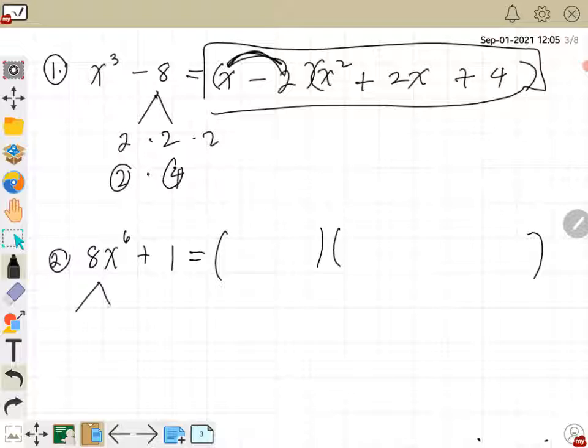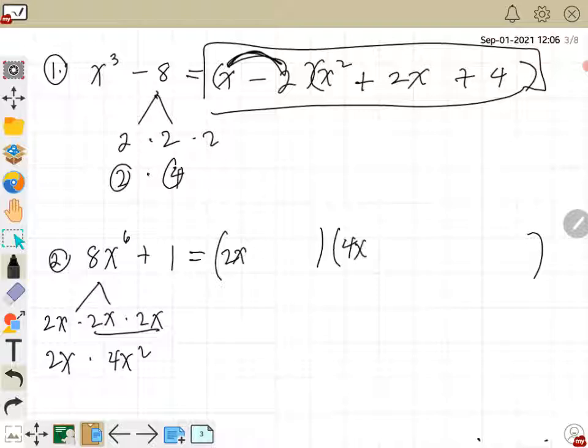We can split this into 2x, 2x, 2x. So we'll use 2x and 4x squared. So that's 2x plus 1, and 4x squared. Since this is plus 1 here,